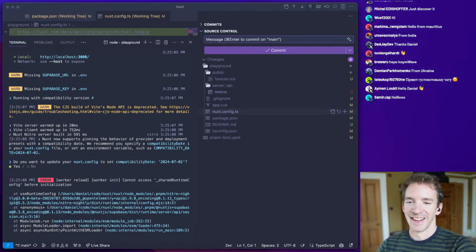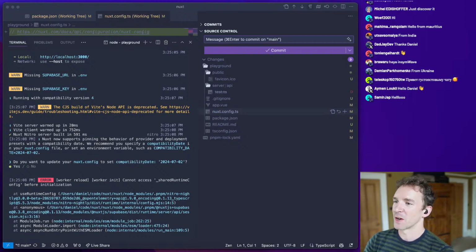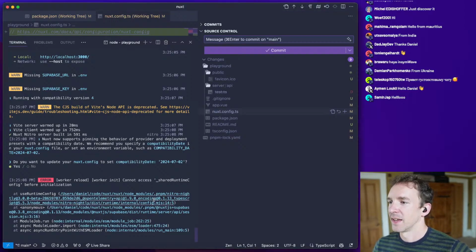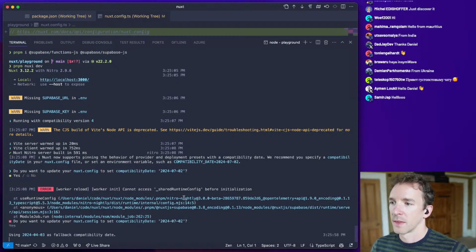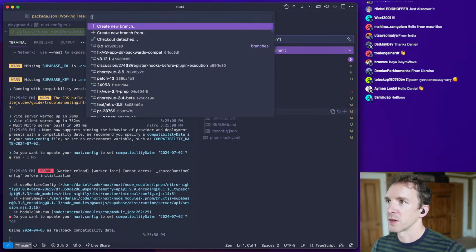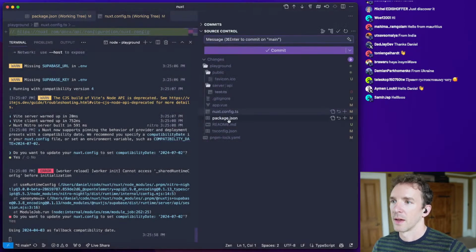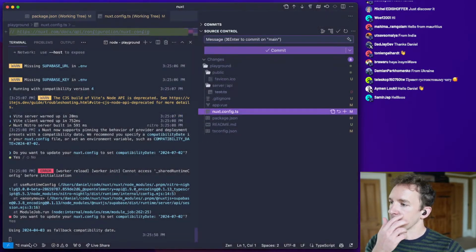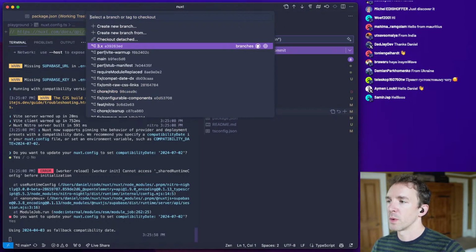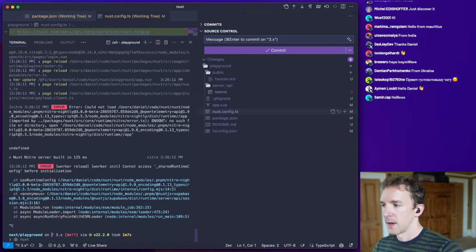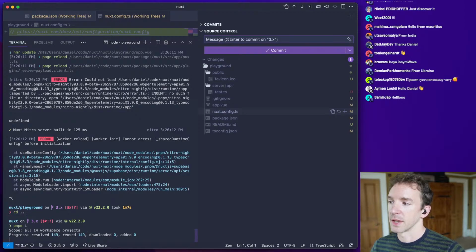Cool. So what we're doing here is we are going to try and improve this. I'm going to switch to the 3.x branch just to make this a bit easier. We're investigating a report of a performance regression, which looks quite plausible to me, and I want to fix that, and I think we can.